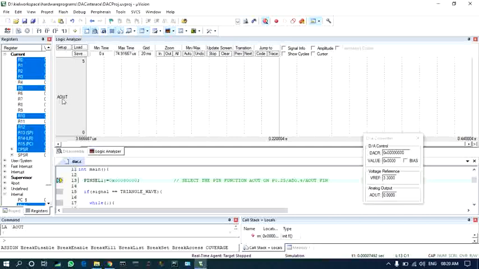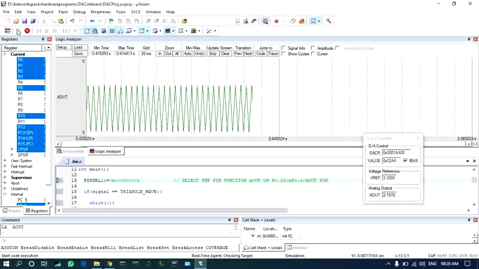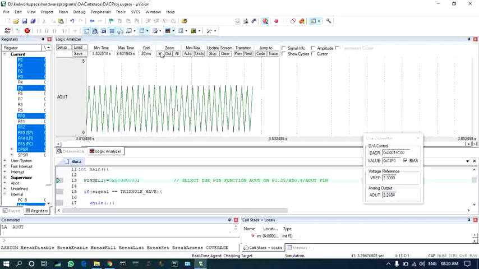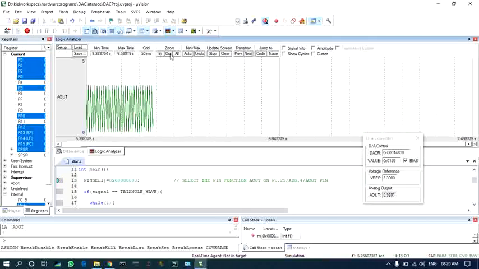We already have A out. A out is the pin that you want to see on the logic analyzer. That means we are analyzing this pin. We are plotting the output of this pin on the screen. It acts like a CRO. You can see here, suppose sometimes it is like this, as I said earlier.